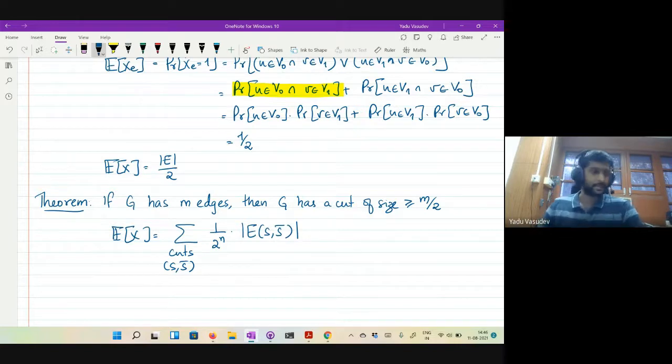This is the first principles definition. We didn't actually use this to compute the expectation. We computed the expectation some other way, but we observed that the expected value of this is equal to M divided by 2. This follows from the proof above.